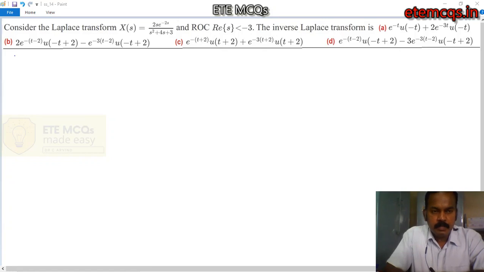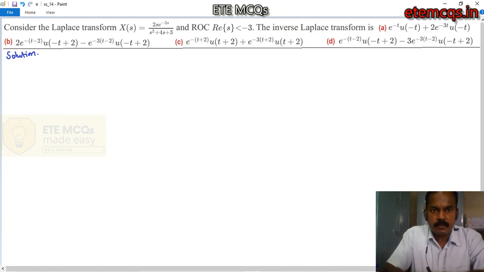Welcome to ETE MCQs. Now let us solve a problem based on Laplace transformation with ROC. We are given X(s) and we are supposed to find the inverse Laplace transformation. So to go ahead with the problem, we are given with,